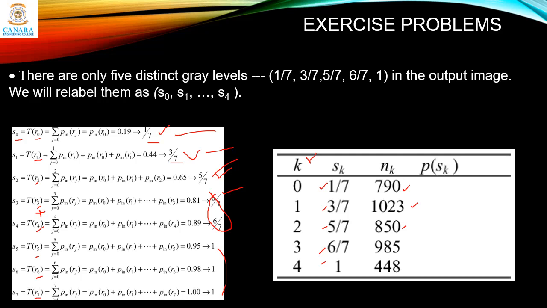Next you can write the P of sk value, which is nk by n. Again you are just normalizing. N is 4096, it won't change. So P of sk for 790 it's 0.19, 1023 is 0.25, 850 it's 0.21, and 985 it's 0.24, and 448 is 0.11. So this completes the output image table.